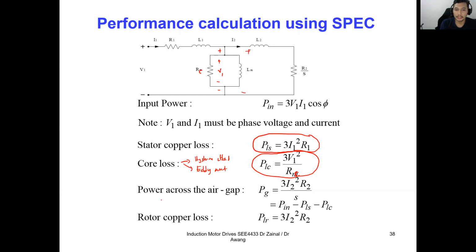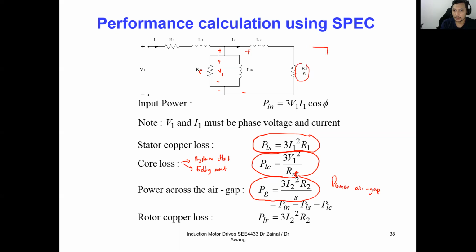And then move on to the rotor side. This is the power that has been transferred to the rotor, so you can calculate it by using this equation. Sometimes this one is also called the air gap power. Okay, so 3 multiplied by I rotor squared multiplied by R2 over the slip. Okay, and then the last one is the rotor copper losses, which you can calculate by using 3 multiplied by I2 squared multiplied by R2. So as you can see, this one is actually, if I